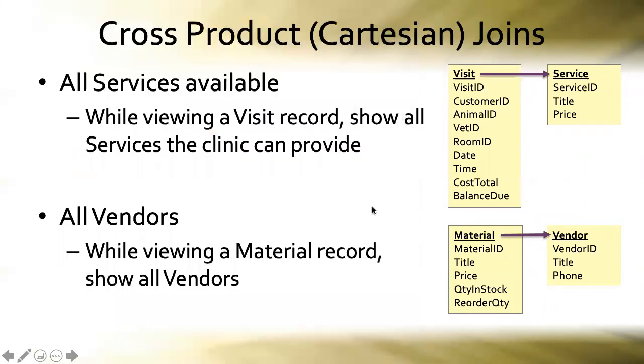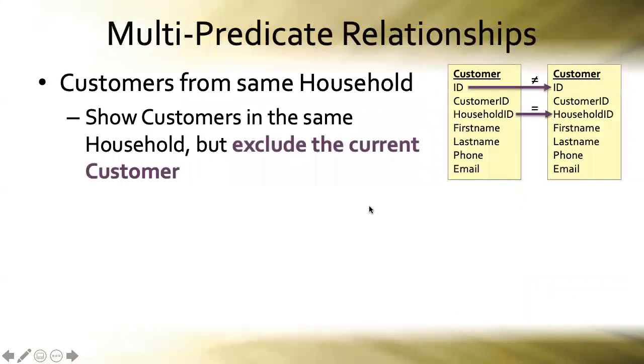All right, moving on to our last category of relationships, multi-predicate relationships. These are relationships that are based on more than one pair of fields. They're predicated upon more than one criteria, if you will. For this first example, let's say that we are looking for customers from the same household, but we want to